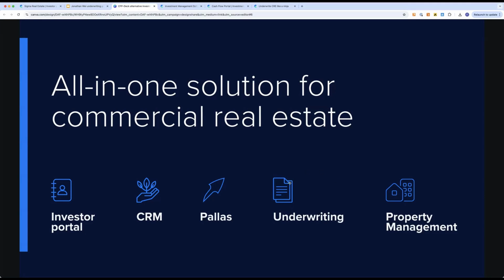Then you can use our investor portal to communicate the pro formas and the actuals to your investors, and how you communicate it is through our CRM. So we are building an ecosystem, an operating system for commercial real estate. And without property management, that vision cannot be true. Customers just want everything to be consolidated in one platform.